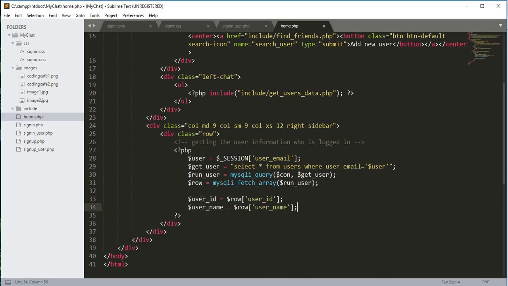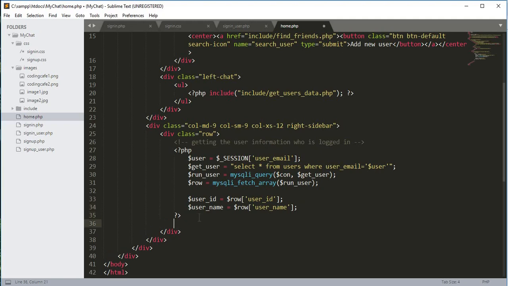So in this sense we can get the user ID and the username, and after this we will get that user data which the online user clicks on. If I click on Alizeb's account, it will show his data, and if I click on someone else's account it will show that user's data. So for that, what we need to do,